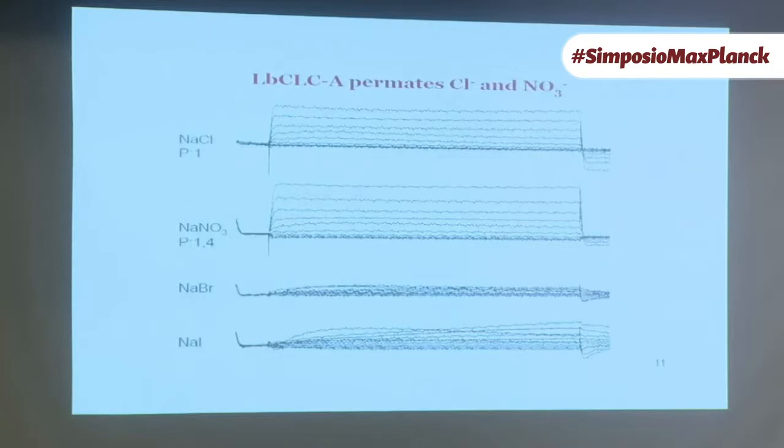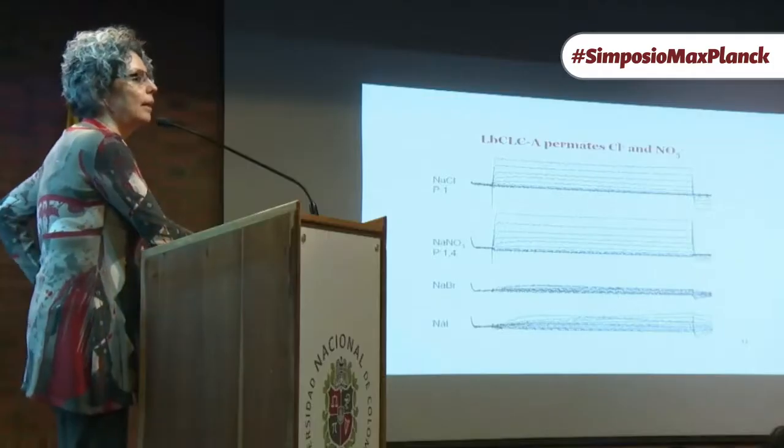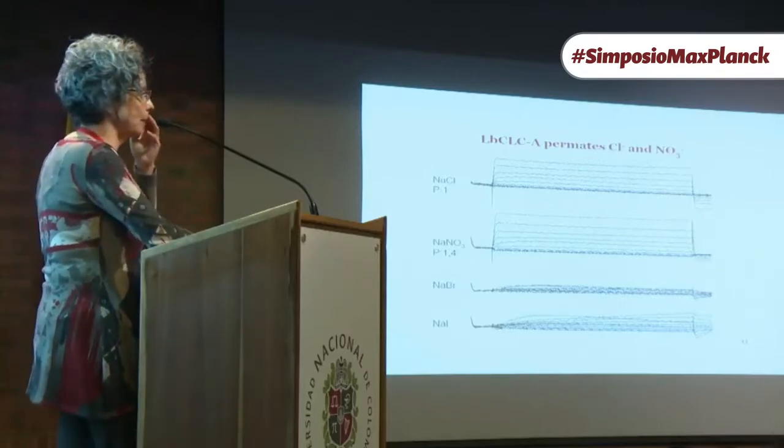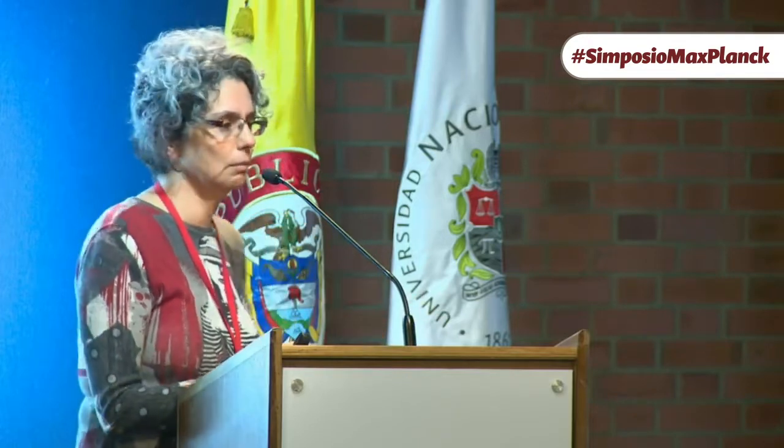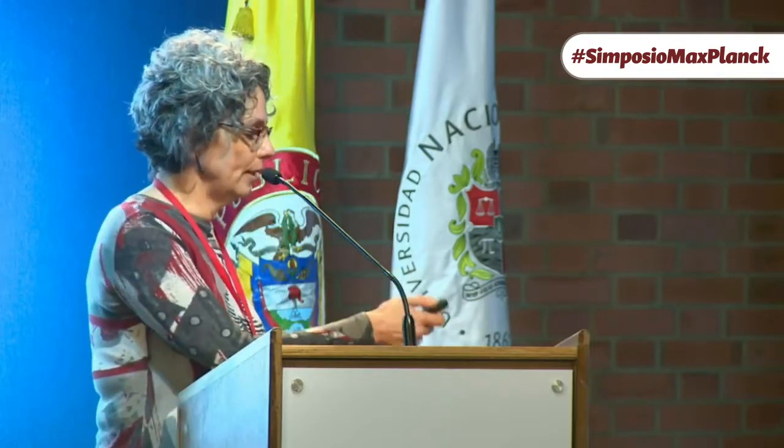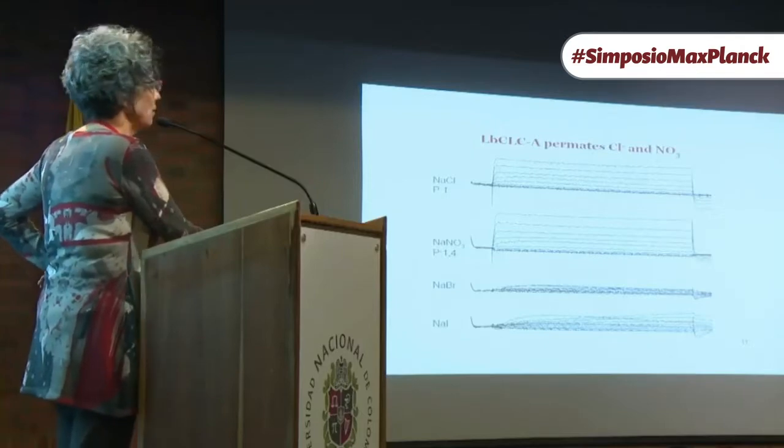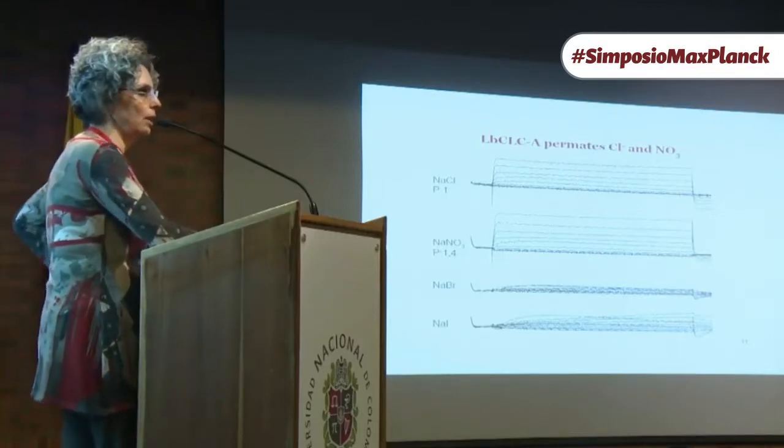We also tested the possibility that other anions were permeated by this molecule, because this is not a very selective channel or exchanger. We call them chloride channels because that's the anion we normally find in big amounts in most tissues. But there had been a description in plant cells,